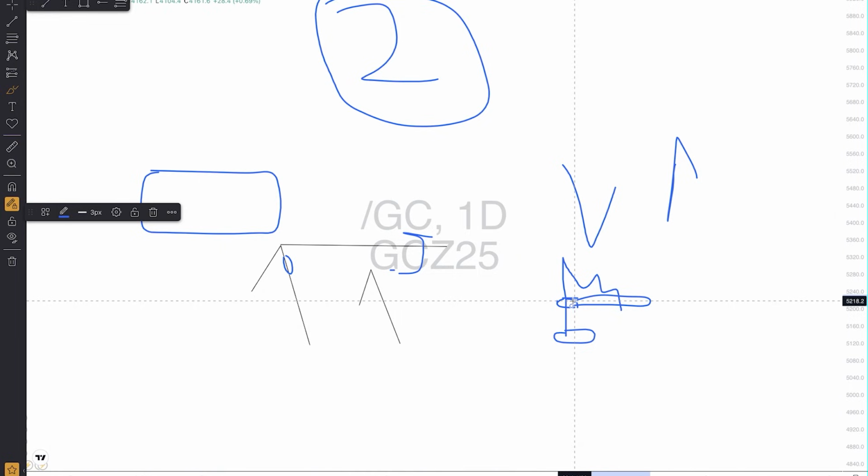Maybe price is not as bullish as it should be. What's the next PDRA in line with that? There's a bullish order block. Then we can say, okay, the distance between price violating this fair value gap to this bullish order block here, it could be a day or two, maybe even 3 days.